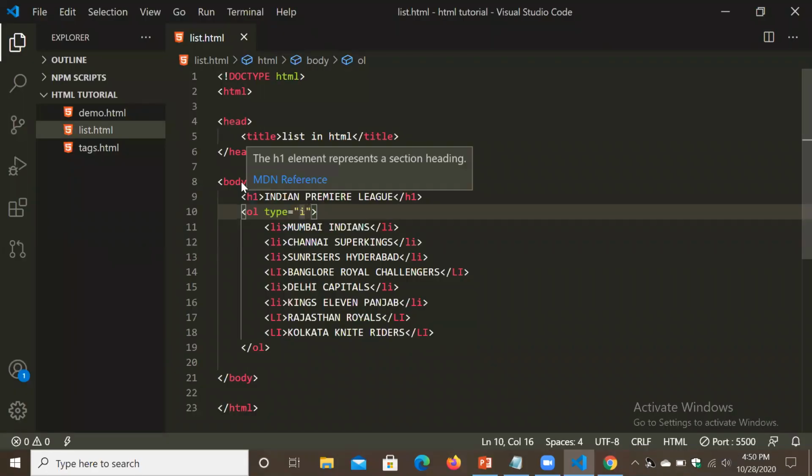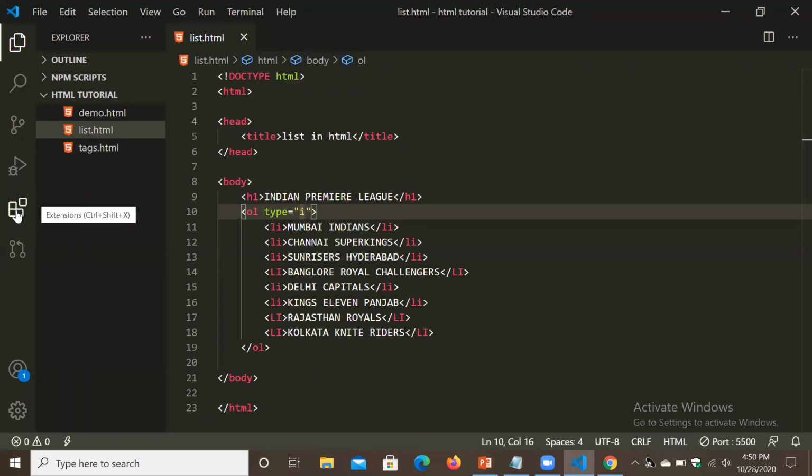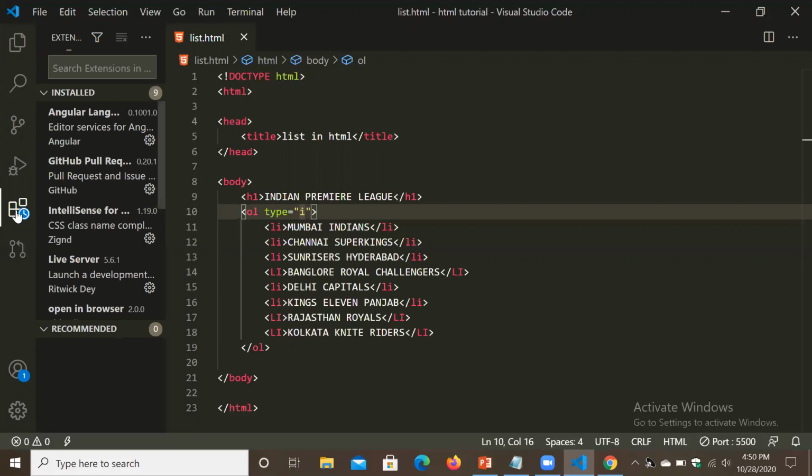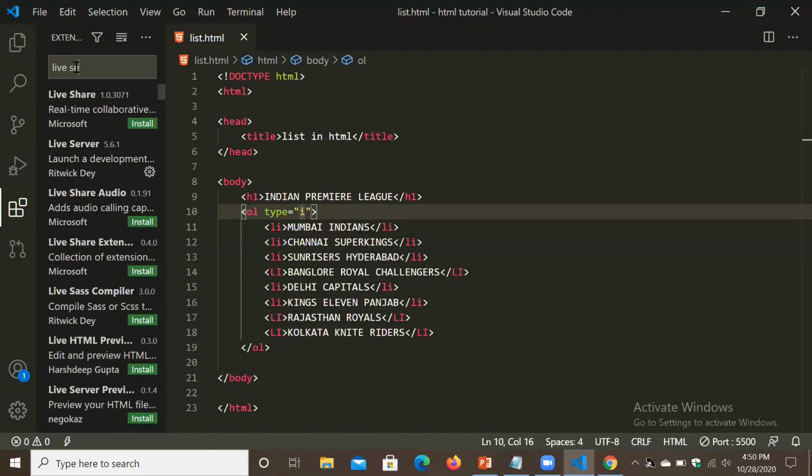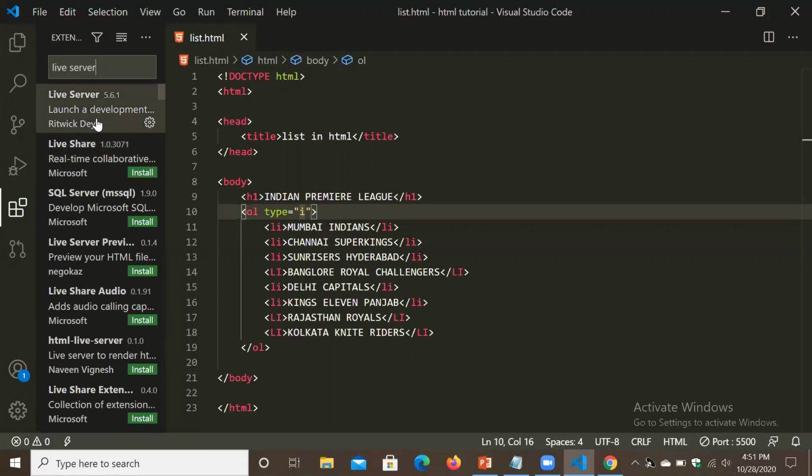So if you want, you can download live server in your Visual Studio Code. We have to go here in extensions, and you have to search here live server. So there you got so many options.